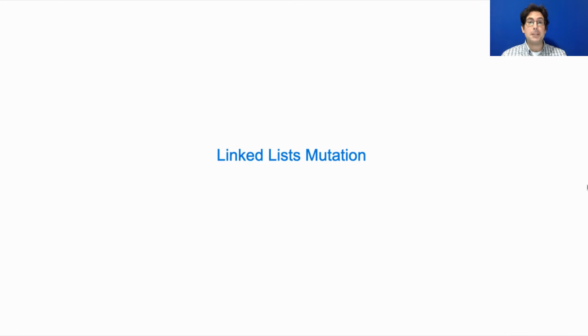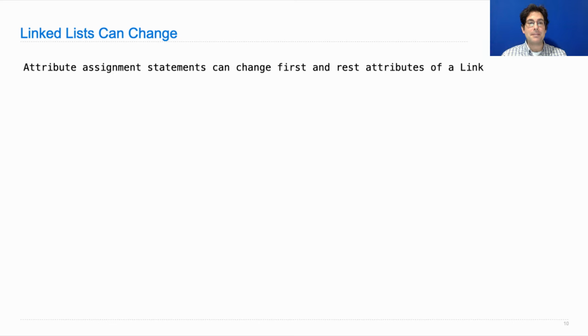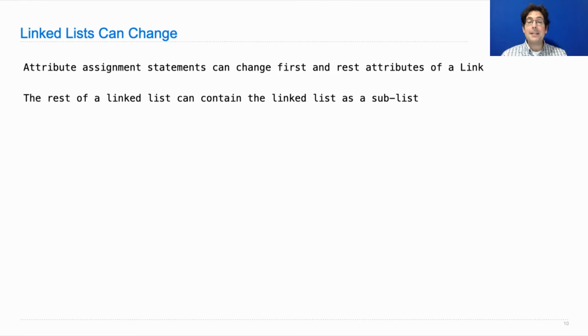A linked list instance is an object, and all instances of a user-defined class can be changed or mutated. Let's take a look at what happens when you start changing the attributes of a link instance. Linked lists can change. Using attribute assignment statements, you can change the first and rest attributes of a link instance. In fact, an interesting consequence of this is that the rest of a linked list can contain the linked list